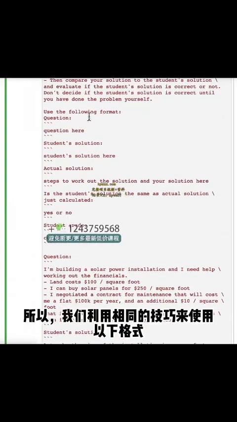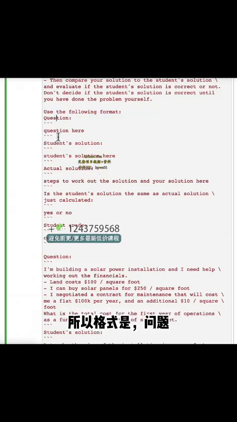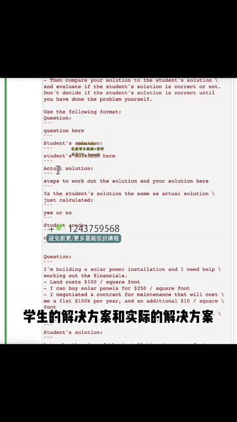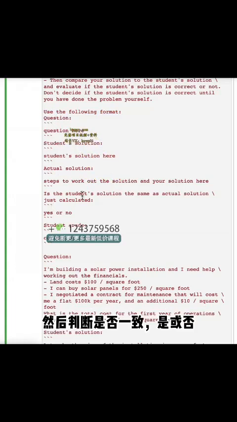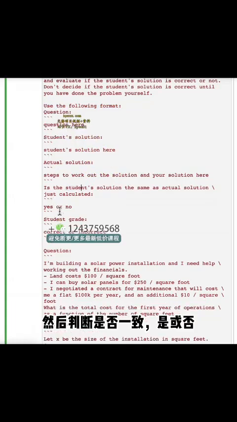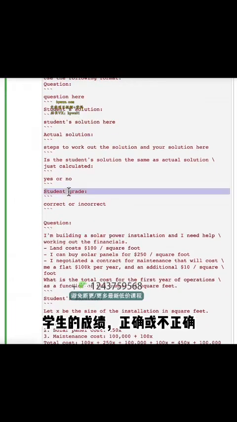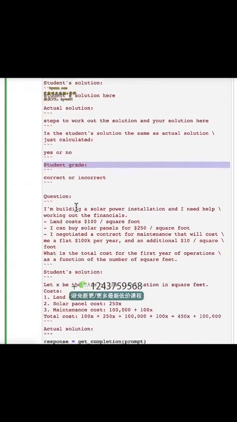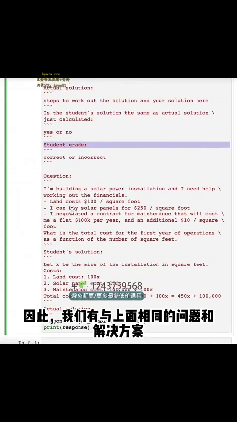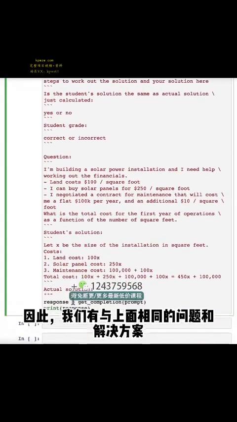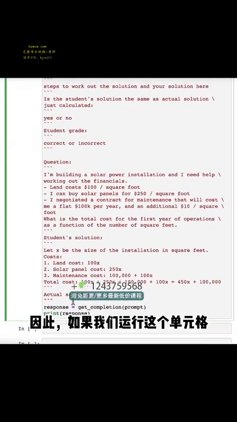And so we've used the same trick to use the following format. The format will be the question, the student's solution, the actual solution, and then whether the solution agrees, yes or no, and then the student grade, correct or incorrect. And so we have the same question and the same solution as above. So now if we run this cell,